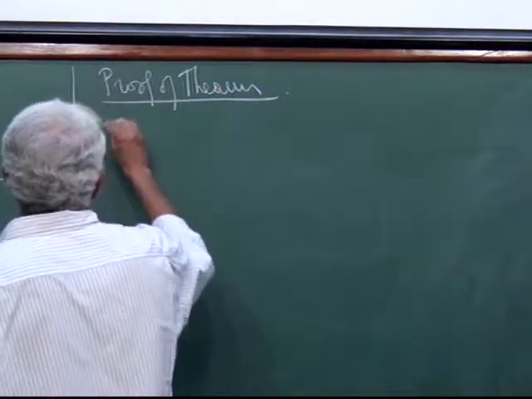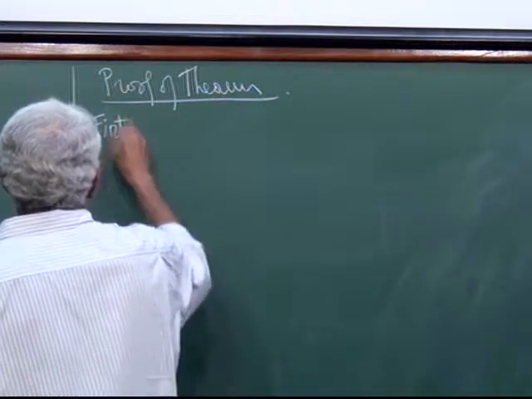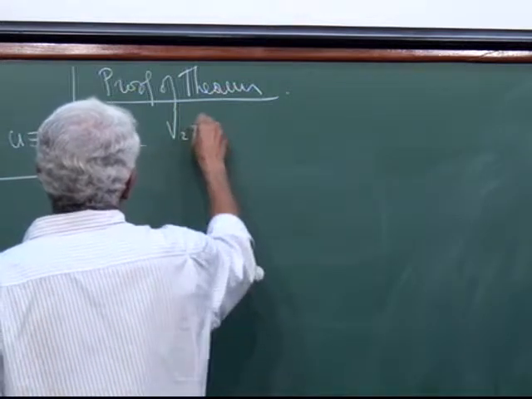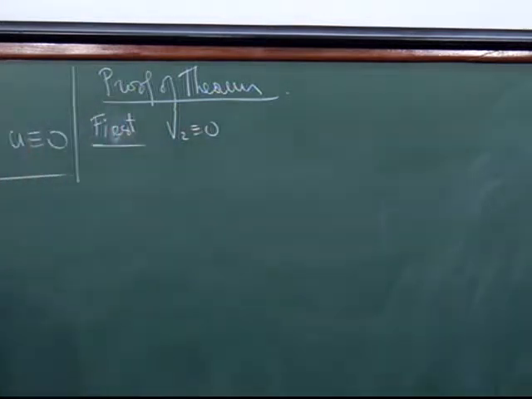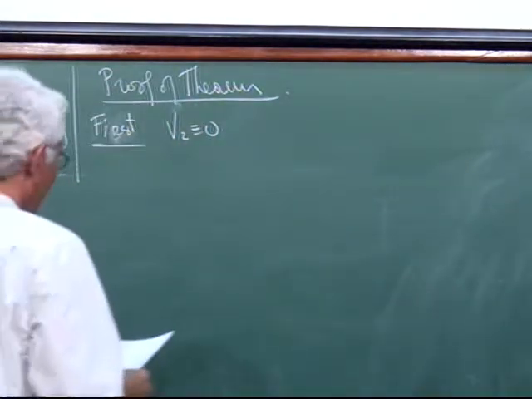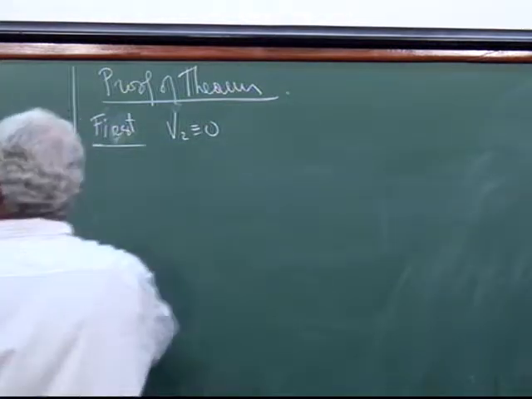First, assume that this B2 is 0 for the moment, and you will see that we will insert that in the general proof. Take